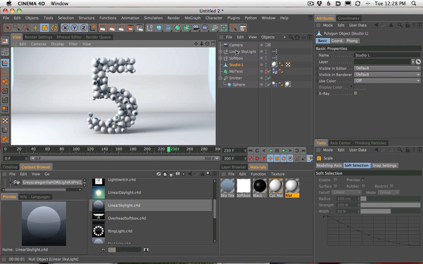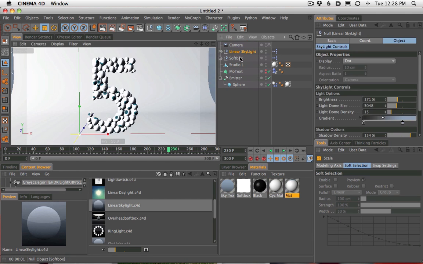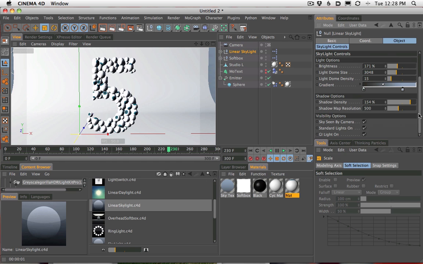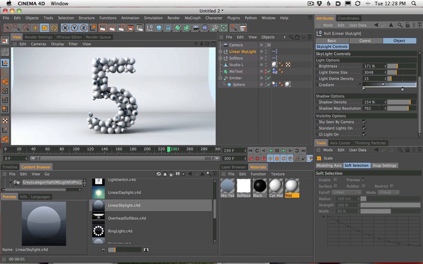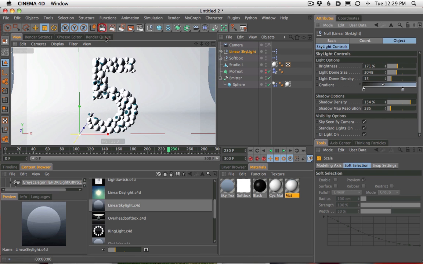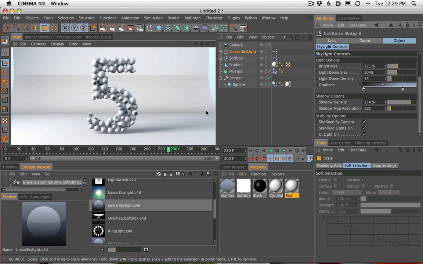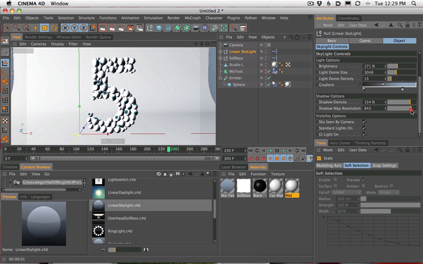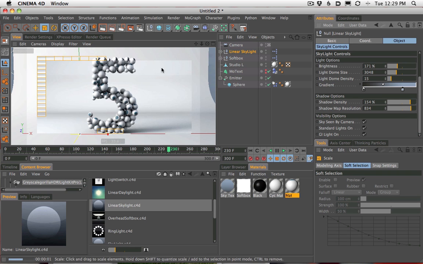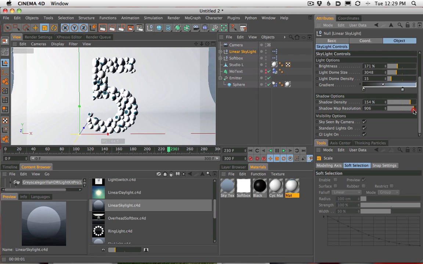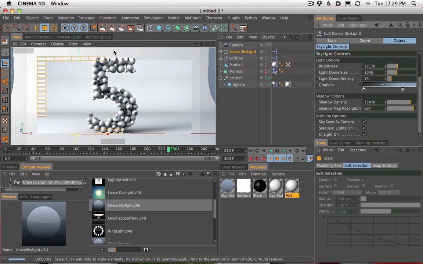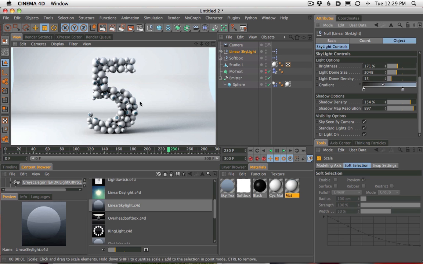Another thing it might be is the lighting bias. Now, lighting bias or the shadow map resolution are two things that allow us to calculate shadows quickly. If we turn this way down, you're going to see we're getting this sharp line on the back sweep. And if we turn this more up, it's going to smooth that out a lot more and give us a little more detail in our shadows and make our overall shadows a lot sharper when they come from the skylight. So this is approaching the way we want it to look.